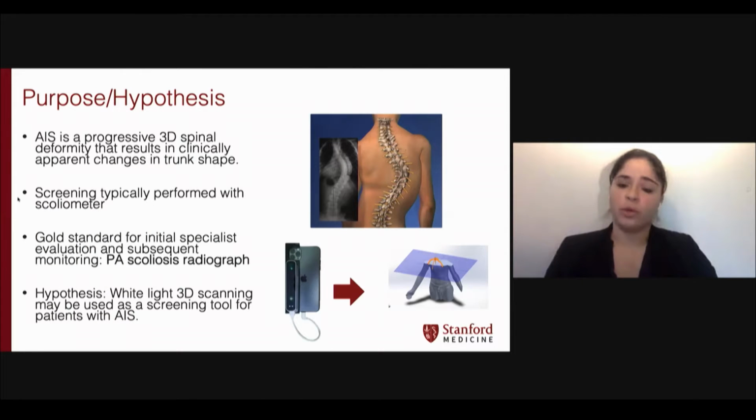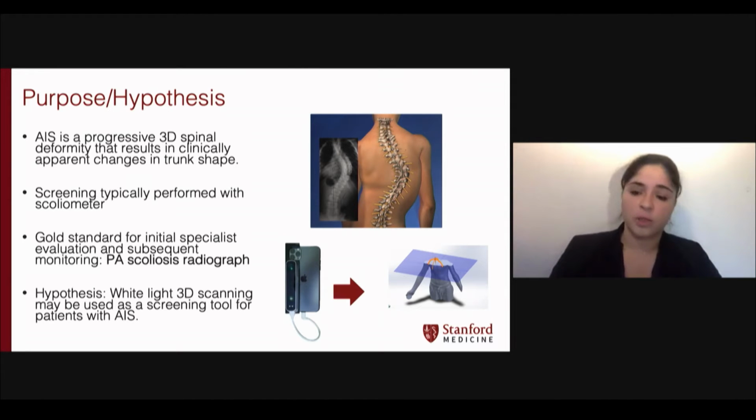There are limited tools available for screening and tracking of deformity in adolescent idiopathic scoliosis, also referred to as AIS. Scoliometers are widely available, but they're subject to human error and provide an incomplete representation of deformity. Radiographs are considered the gold standard for diagnosis and monitoring of scoliosis, but X-rays are pretty costly and expose patients